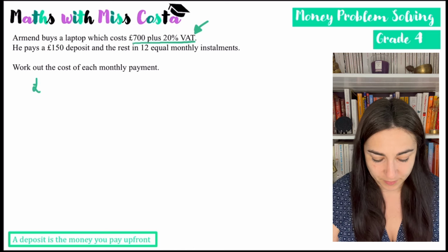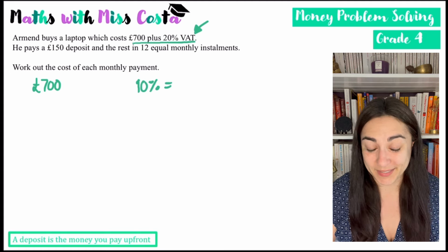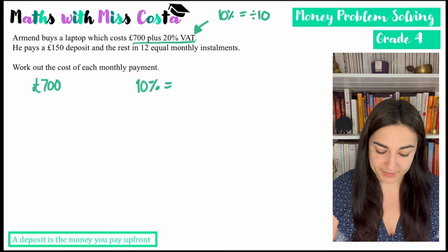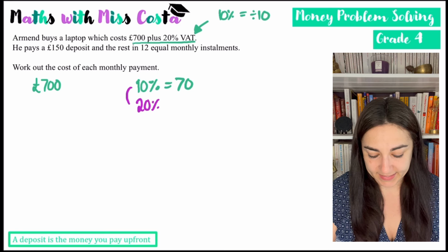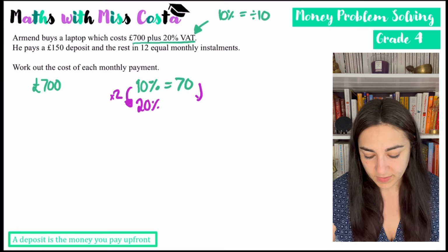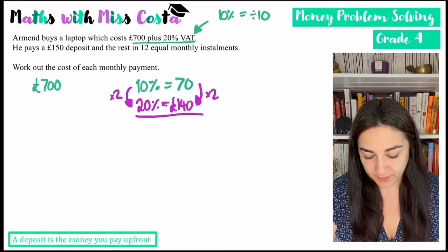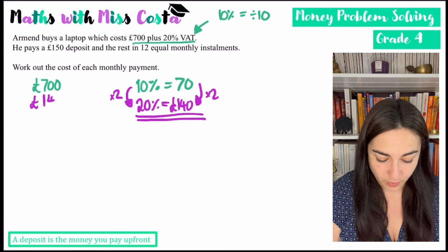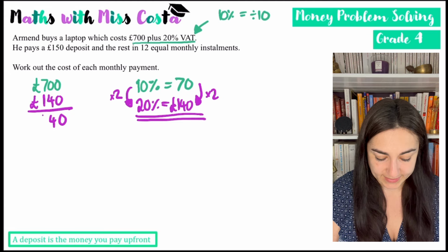So he buys a laptop which costs £700 plus 20% VAT. If this is a non-calculator paper, the best thing we could do is start with 10%. The shortcut for working out 10% is dividing by 10. So 700 divided by 10 is 70. And 20% is double 10%. So if I multiply that by 2, I can figure out that 20% must be £140. So he pays £700 for the laptop plus £140 for VAT. So in total, if I add these together, he pays